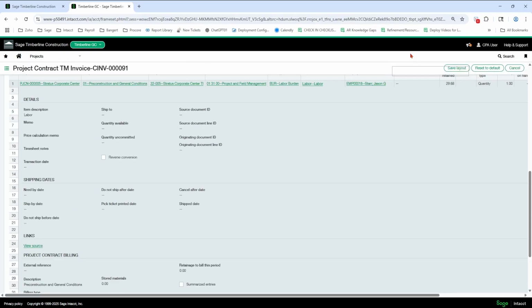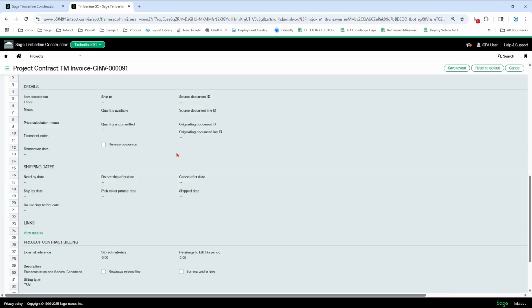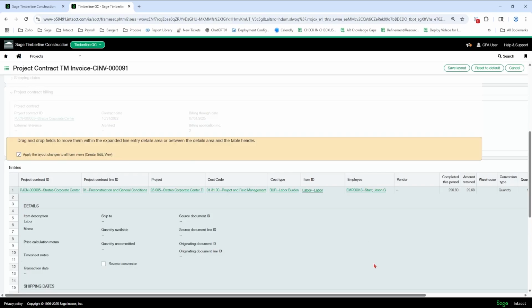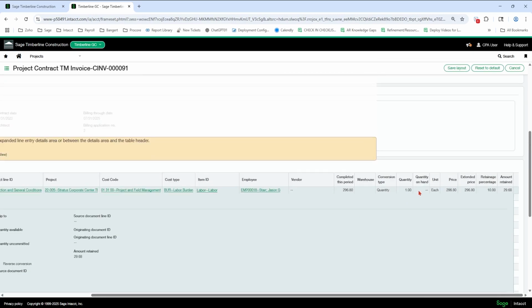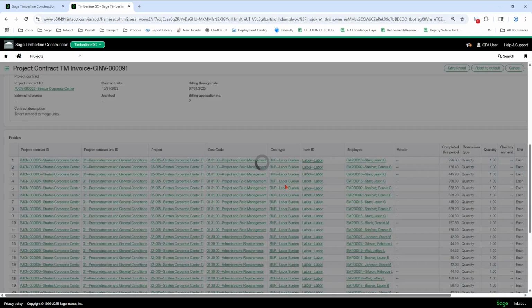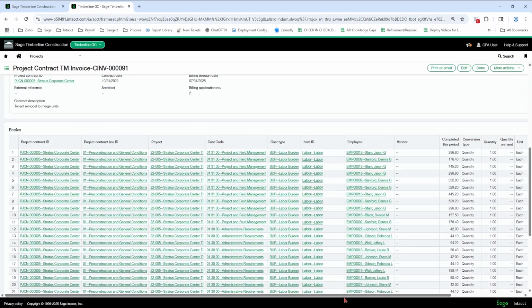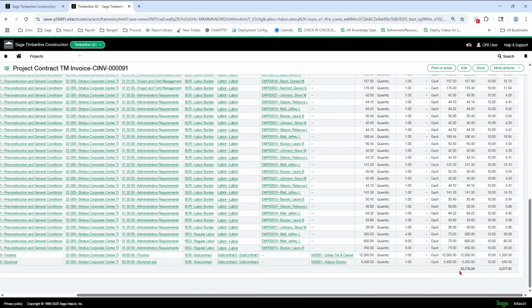So just remember on your screens, this is global and you can do this on a lot of screens. Okay. So we're going to do that. And there's a couple amount retained, so I'm going to bring that back down. I don't care about warehouse. So a typical view would be using something like this. Okay, you can adjust this more as you want and apply the layout here. So now I have a detailed billing screen of what I did for my actual 23,000.